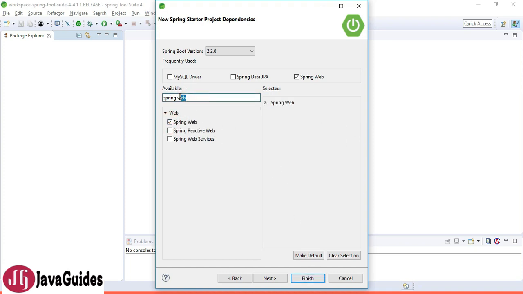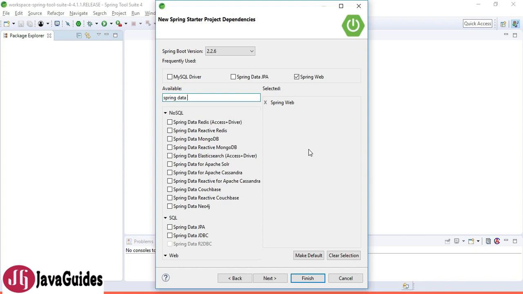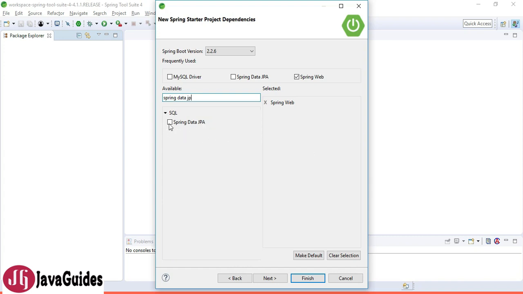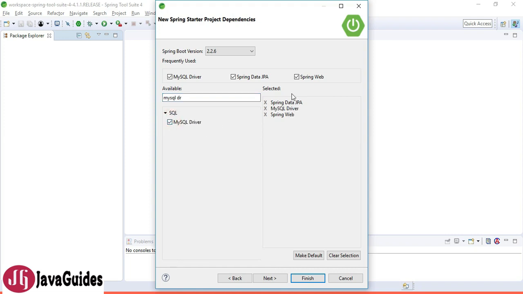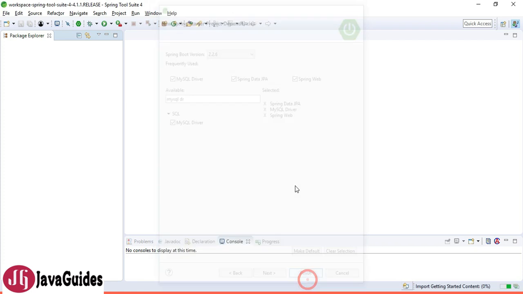We are going to develop a DAO layer or persistence layer, so we pick up the Spring Data JPA dependency. And we are going to use the MySQL database, so let's pick up the MySQL driver. These are the 3 dependencies required to create our Spring Boot project. Once you fill up all the details, hit finish.